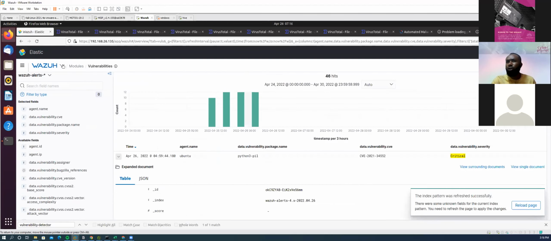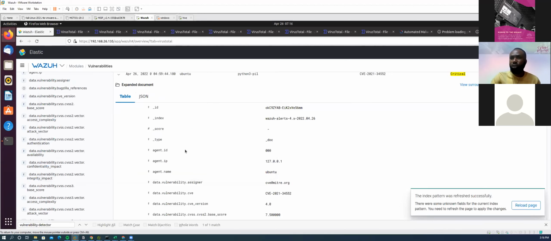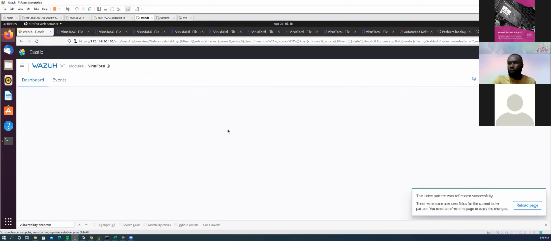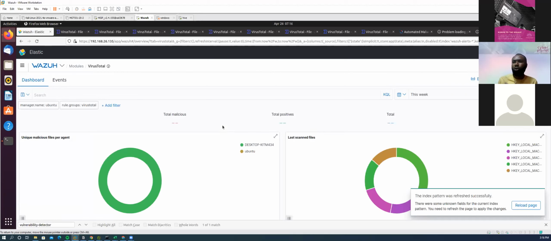Now, the next thing we're going to look at is the VirusTotal platform plugin. I've also integrated VirusTotal into this, and we're going to see how it's able to capture malicious file hashes and run them through the VirusTotal engine, and tell you if it is malicious or not. So far it's been able to capture 208 positive events, but out of these 208, only 7 are malicious. Now, if I click on this,